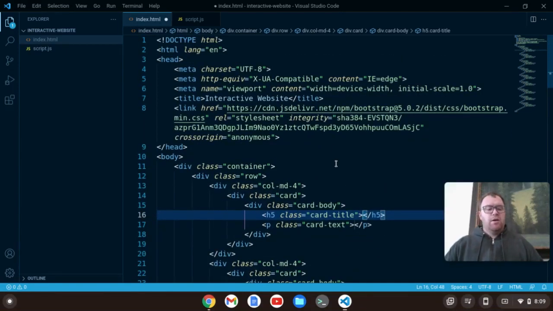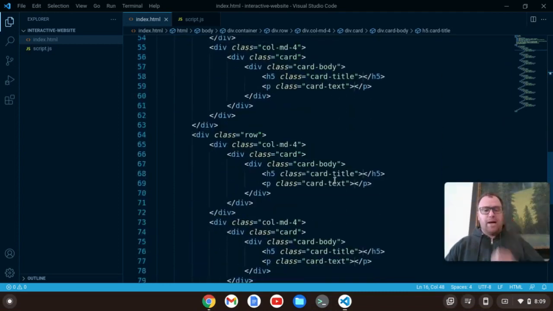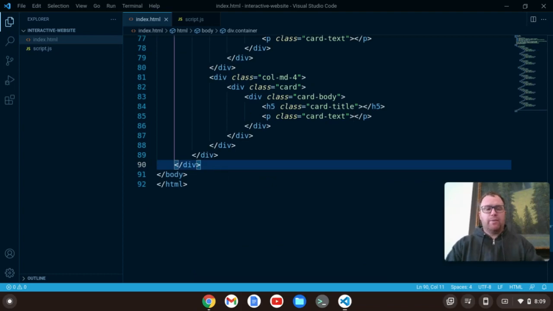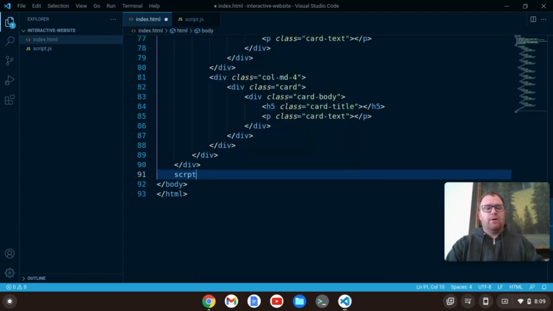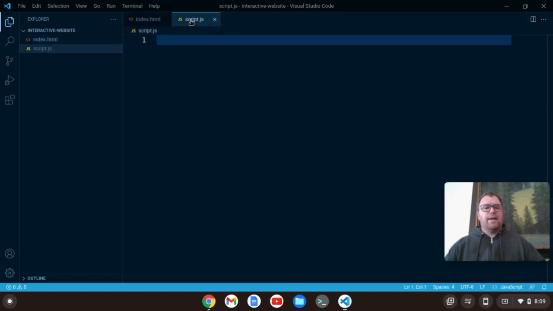Okay, so I'm going to save this, but then actually I'm going to go to the bottom here, and right below the closing body tag, I want to bring in that script. So I want to do script source and tab that out, and we'll just have script.js for my source. Okay, so we'll save that, and then now let's go to the script.js,